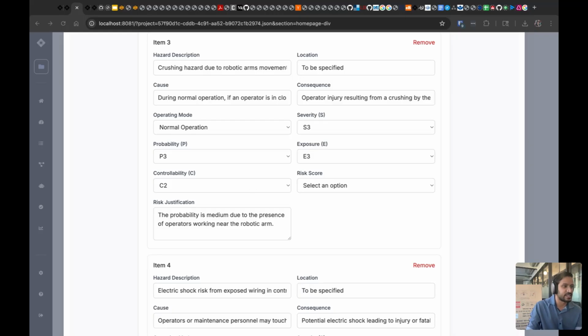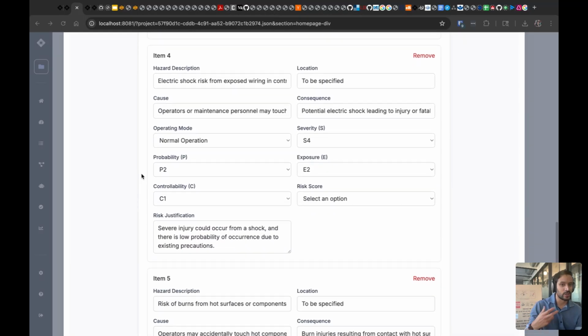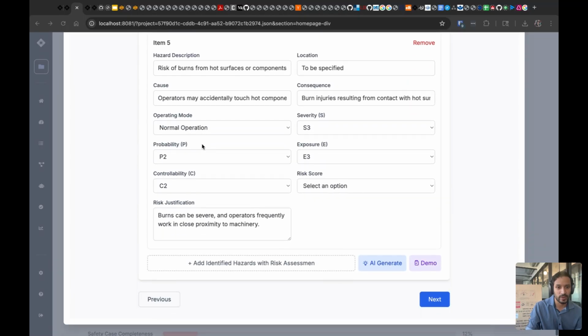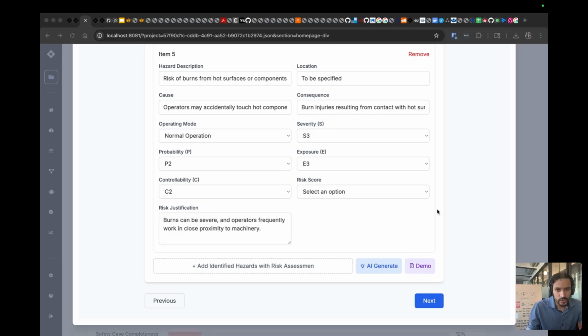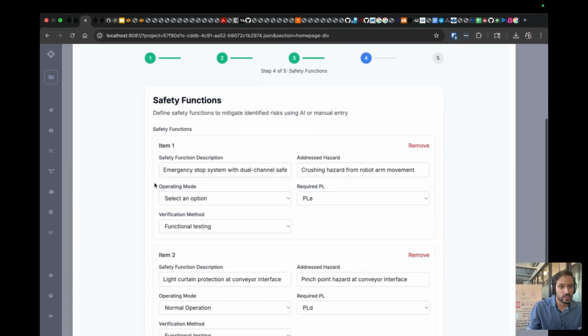You can see that we don't use the standard 12100 or 13849 because we add in controllability. This is all configurable in the project, so you can use whatever methodology you like. We just use a superset of all of the possibilities that we have. So we have electric shock risk, we have risk of burns, and a bunch of these items. All right. Cool. So now that we have that, you can continue this one, and you get some suggestions of